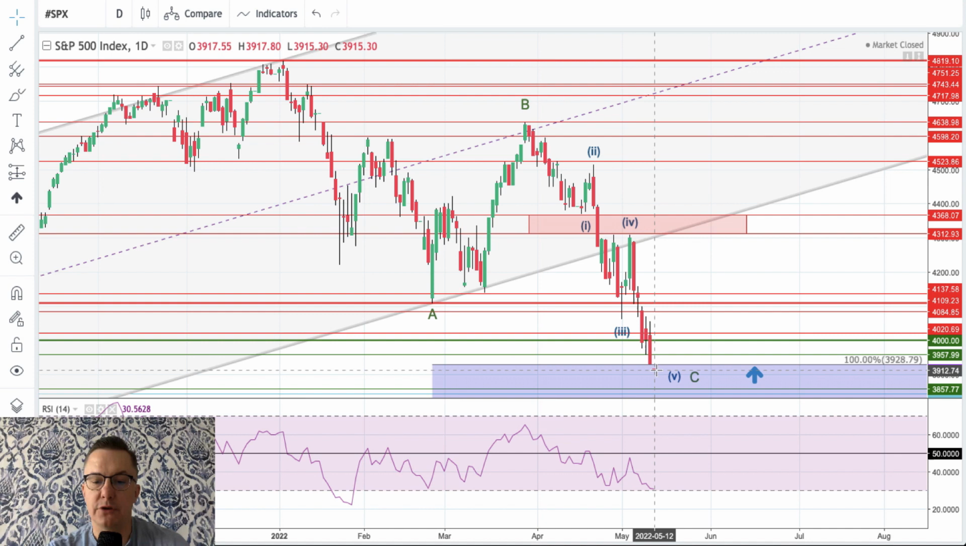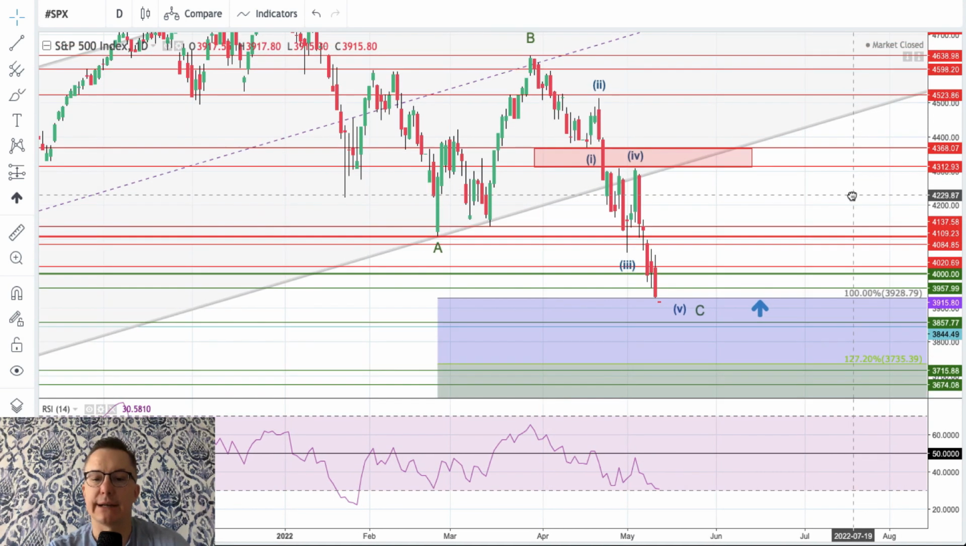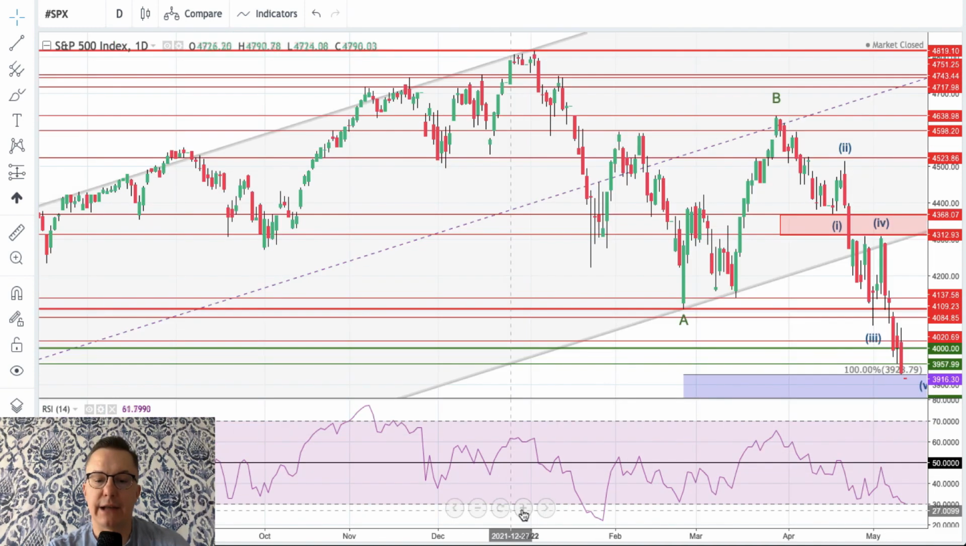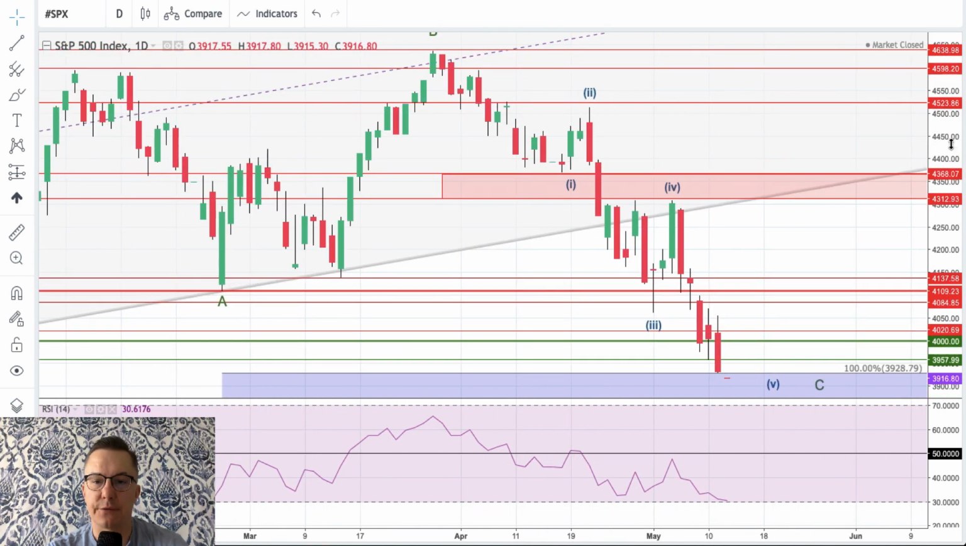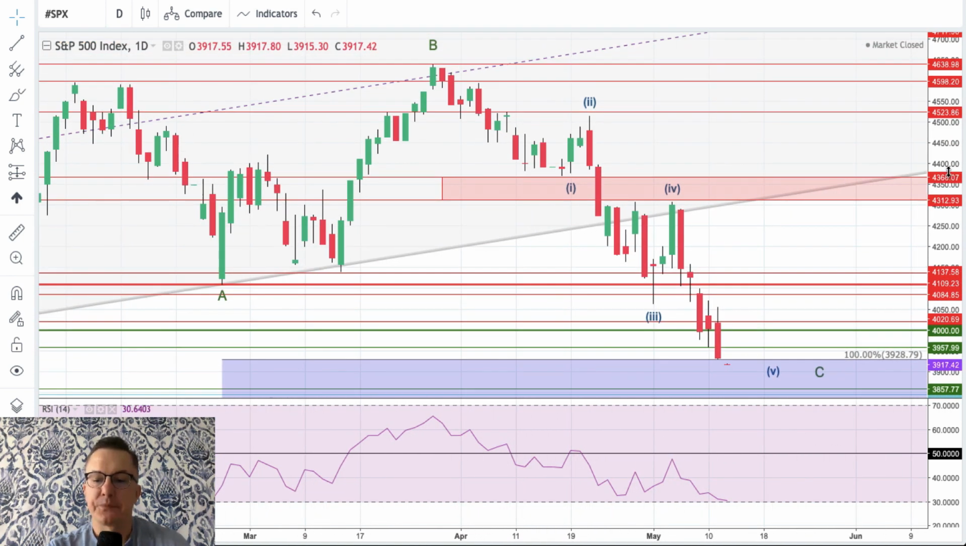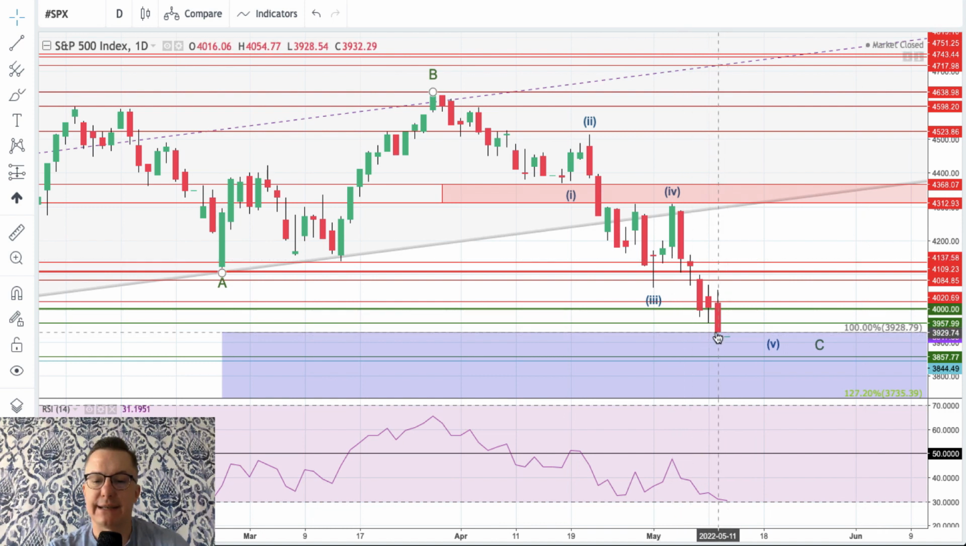Today we opened below the level of 100%. So our target has been hit, our scenario worked perfectly, and now a very interesting situation. Will we have any sort of a relief rally or a bounce? And please notice the next target below 100% is technical support 3,857, and then the 127 Fibonacci extension of the wave C located at